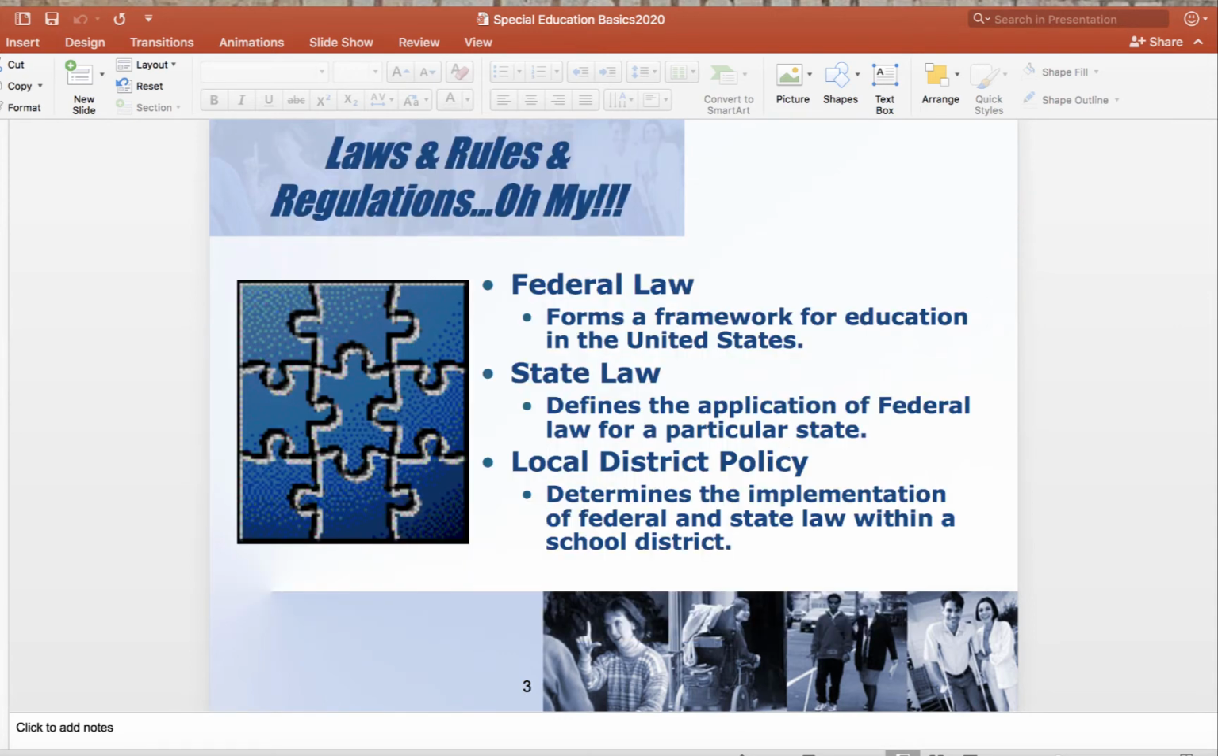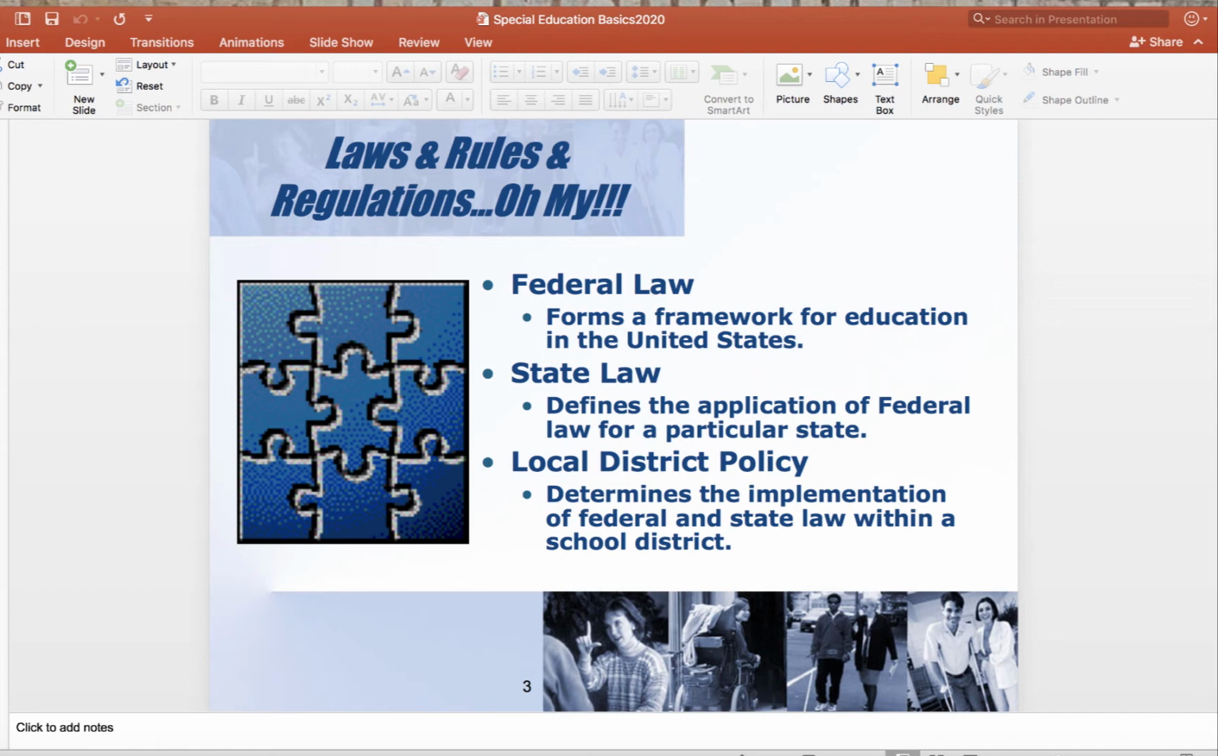This slide, I want you to think about how it all fits together. You've got federal laws, you've got state laws, and you have local district policy, and how they all go together. Think about you've just bought a brand new puzzle, and you've opened the box and dumped the box of puzzle pieces out onto the table. After turning them all over to the picture side, the first thing that you would do is create the frame